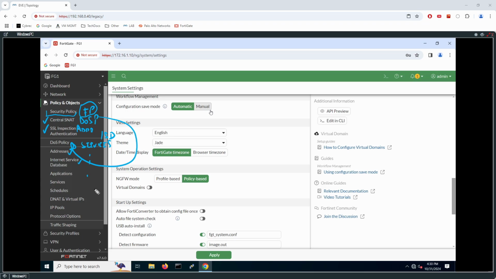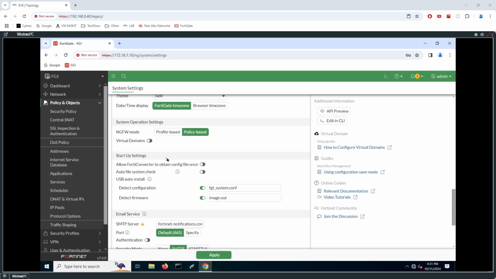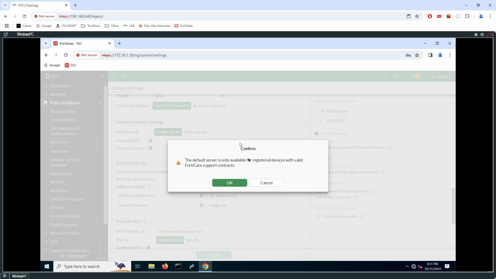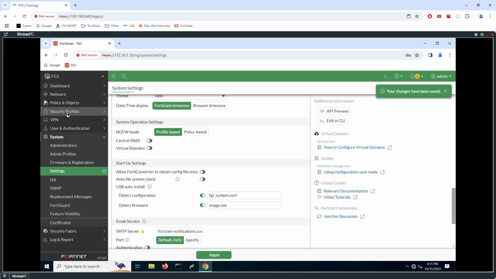So basically, we see that this is a change. The firewall policy is now called security policy. Then we see we've got an additional menu called central SNAT and SSL inspection and authentication. This is change number one. It changes the structure of the menu when you change the mode. When we now go back to the profile mode,